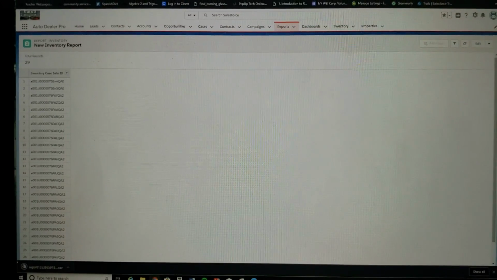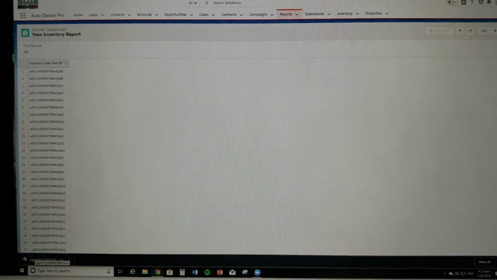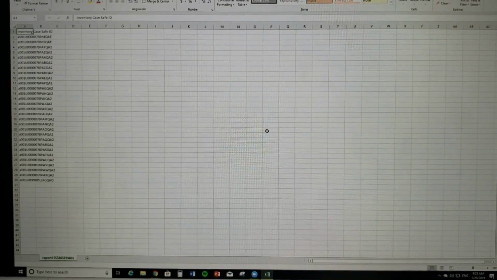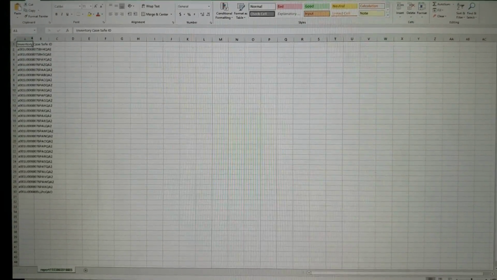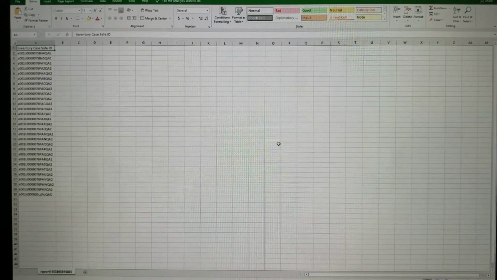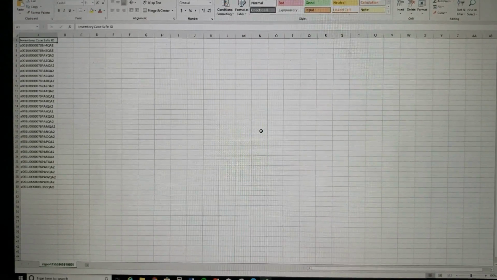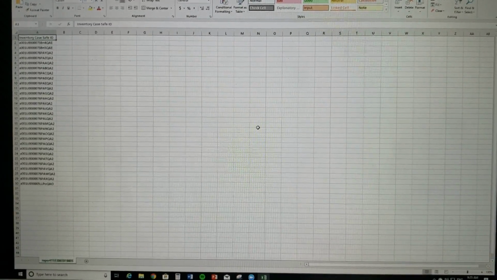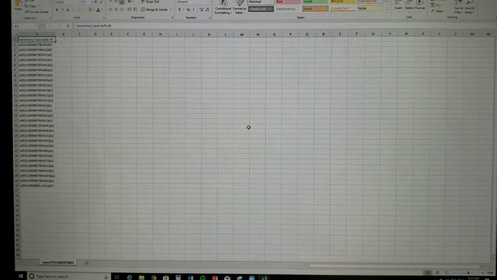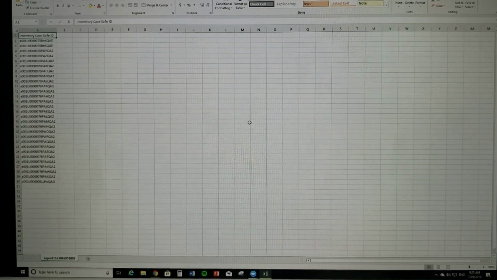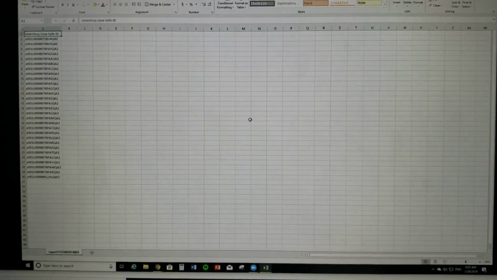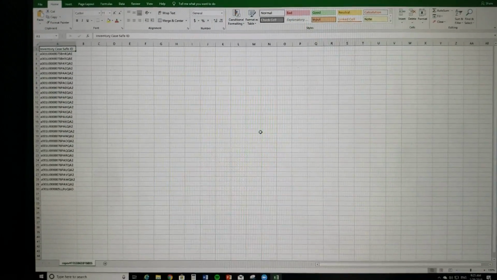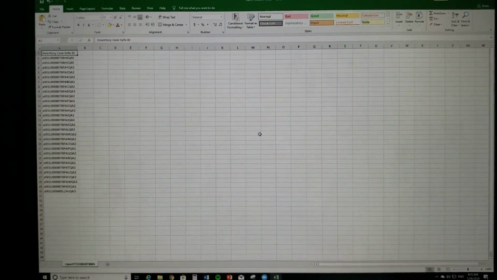So a lot of times when I'm doing an export, because I want to do a delete, I would usually put the name in here, so I make sure I'm deleting the right records. But because I know we're only deleting 29 records on this really small object, and I know I'm taking everything out, that's why I only pulled out the ID. Because for this one, we only really need the ID. You got to be very, very careful when you're batch deleting data from Salesforce. So whenever I'm running a report and I'm batch deleting records from Salesforce, I would usually put a couple of